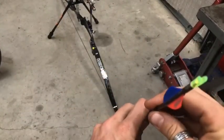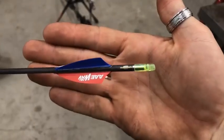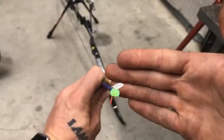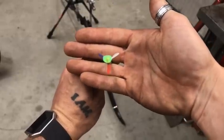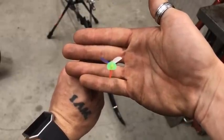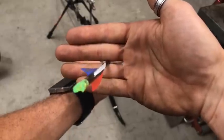So I put the red one down. If I'm using the line, there's the left line. It'll be away from the plunger. Now that's a lot of spin. That's about the most amount of spin I can get out of a recurve, out of a wave vane, and